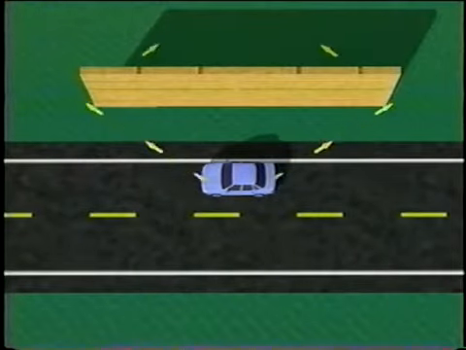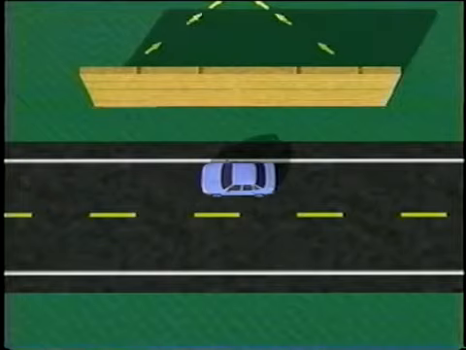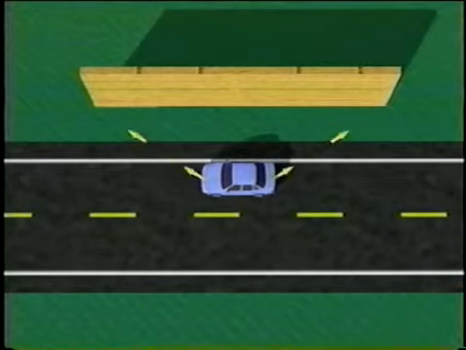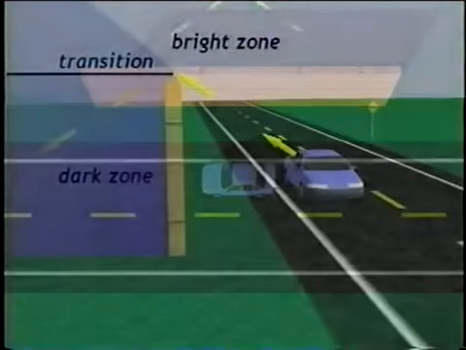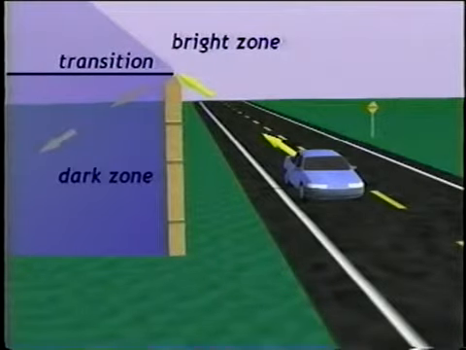Diffraction also occurs around barrier ends. In these instances, it's usually only important for receivers close to the end of a barrier. The noise shadow behind a barrier is not very well defined, much different than a shadow in optics. When light hits a barrier, there's a well-defined region of darkness or light absence behind the barrier.